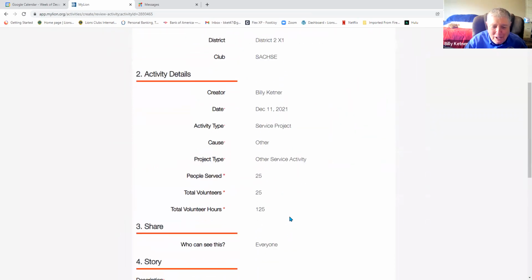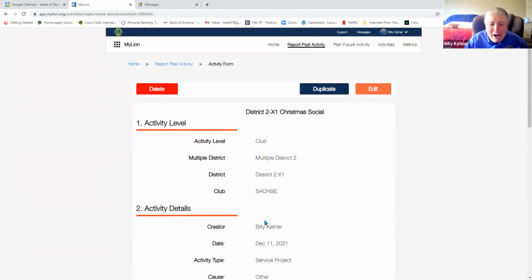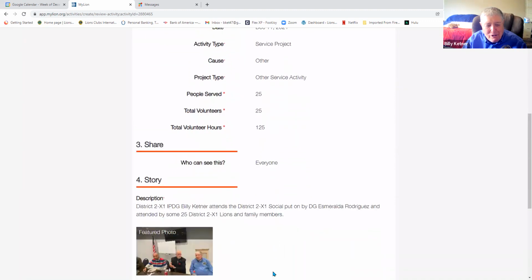Now, people say this is cheating, but I'm going to give our club credit for everybody that was there. So I'm going to say that 25 people attended the social, and we each spent about 5 hours because I give people their travel time in addition to the time they were at the meeting. So I'm real generous on reporting. So I basically said that 25 people at 125 hours,